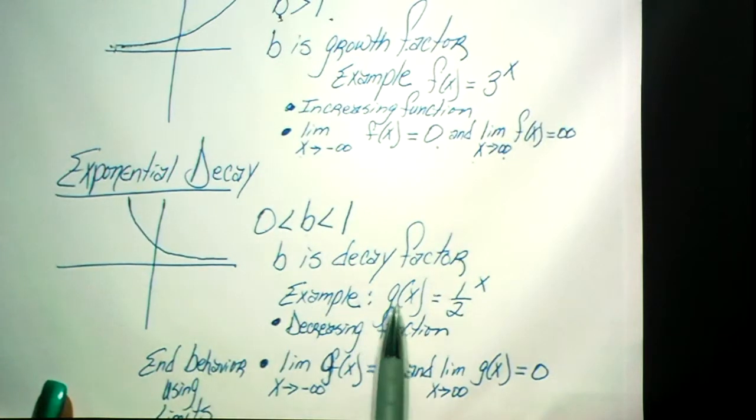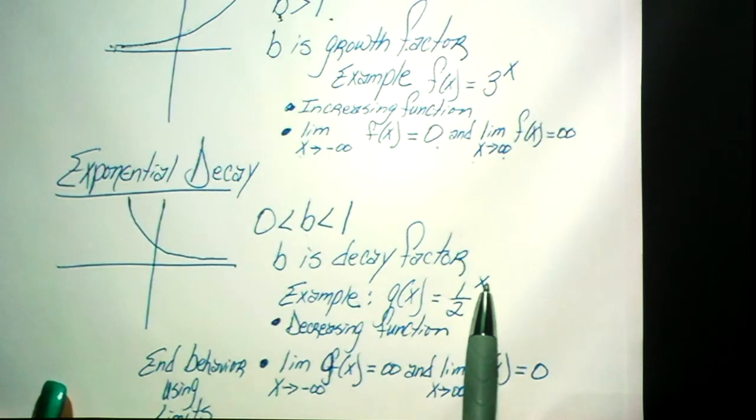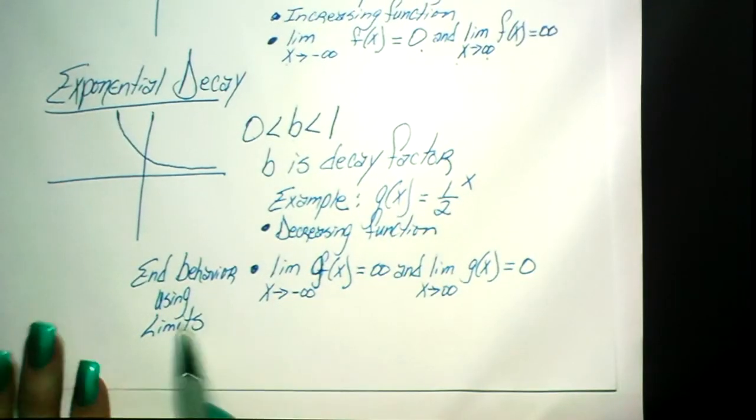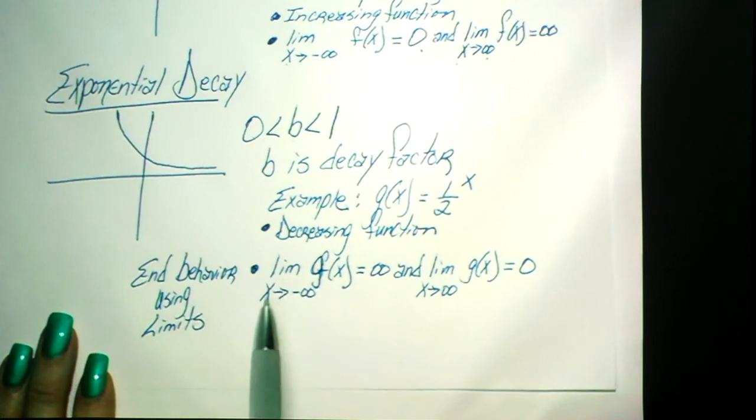And here's an example. Suppose we have g of x is equal to 1/2 raised to the x power. Okay? It's a decreasing function. And the end behavior, if we're going to describe it using limits, looks like this. Your limit as x approaches negative